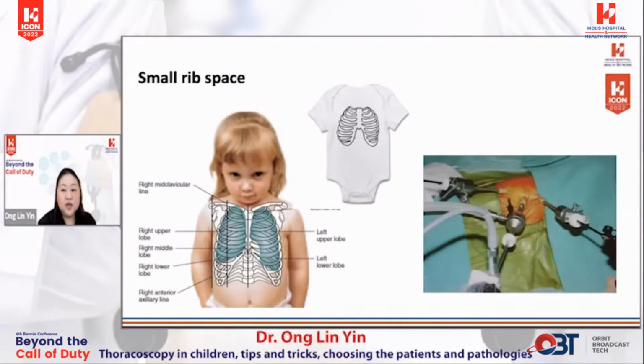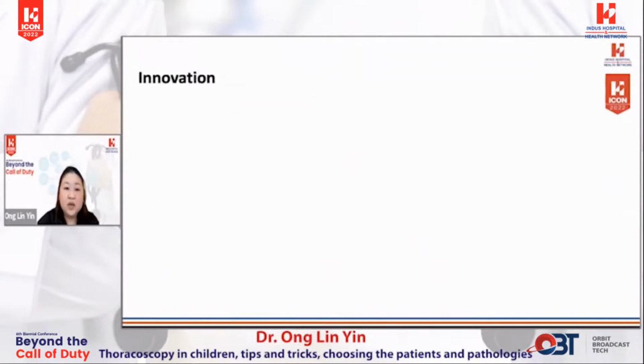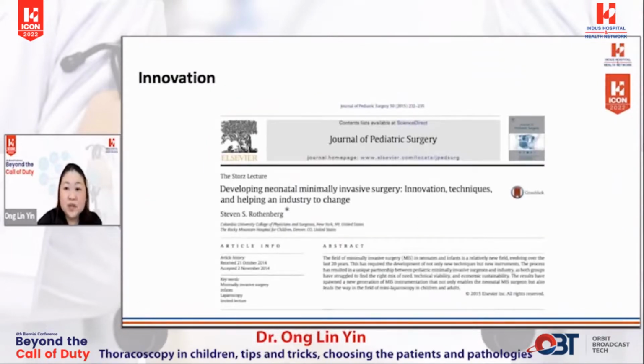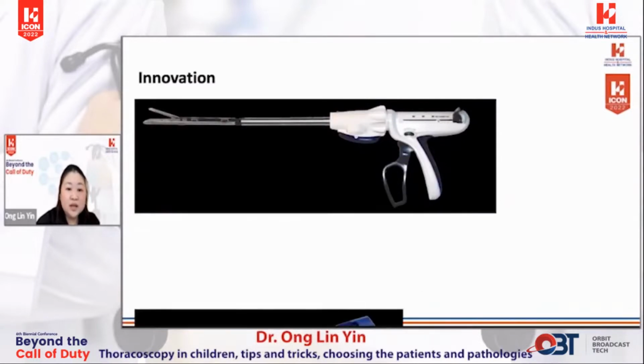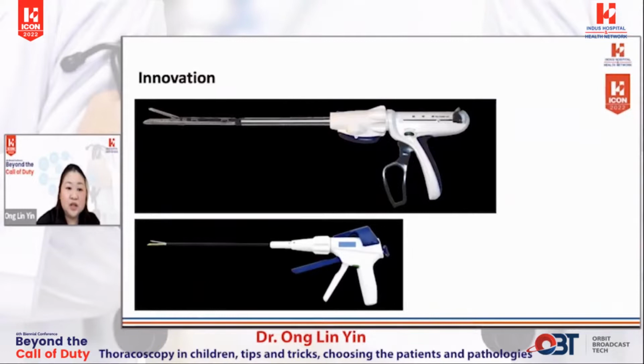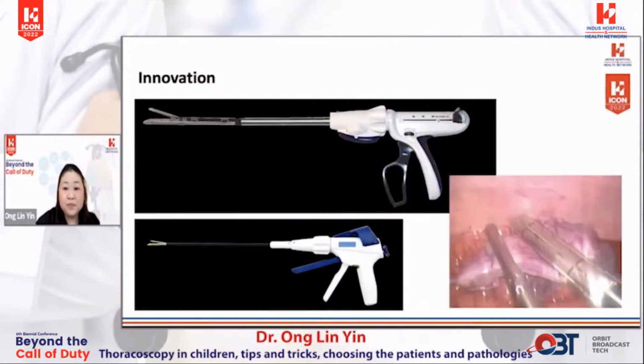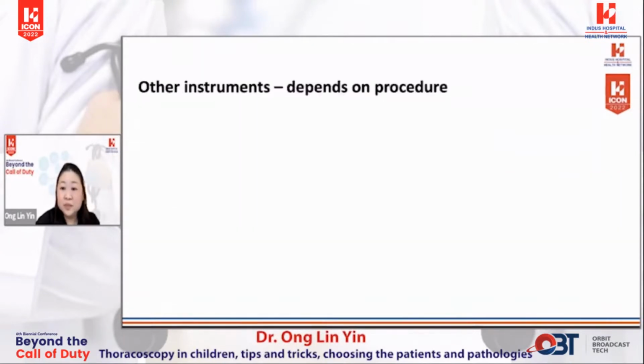This leaves us with 2 options. We can either suture the bronchus and ligate vessels individually, or we can create our own instruments. Steve Rothenberg, in his thoughts lecture in the 2015 IPEC, detailed his journey of innovation and development of his 5 millimeter staple and 3 millimeter vessel sealing devices. This is what the standard 12 millimeter staple looks like, and this is his 3 millimeter just right staple device. The comparison between the two, it's obvious how much finer the innovated staple is.